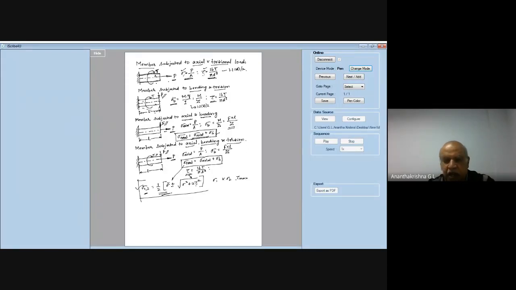When you have axial and transverse load and also torsional moment, you find out sigma axial and sigma bending. The sum of sigma axial and sigma bending will give you the total or resultant stress. Then tau is given by 16T by pi d cube. Substitute sigma total and tau into the equation of principal stresses and find out sigma 1 and sigma 2.